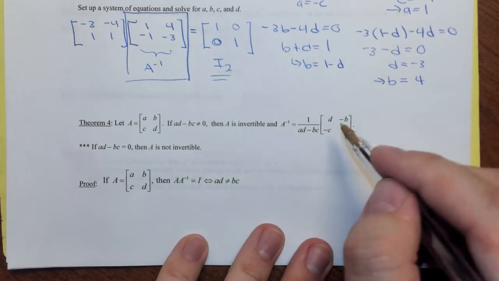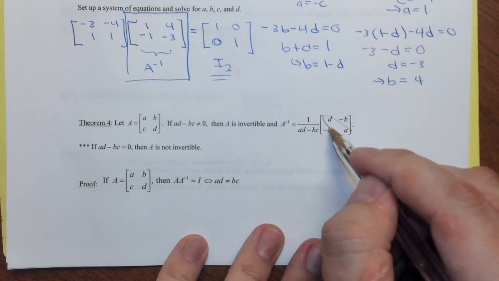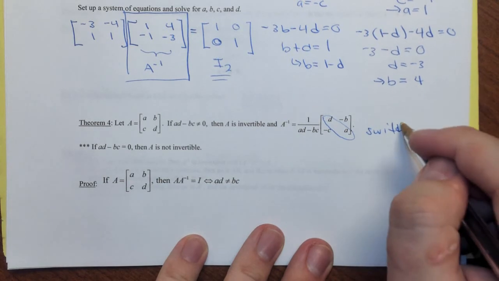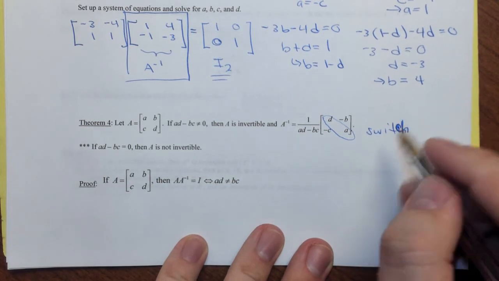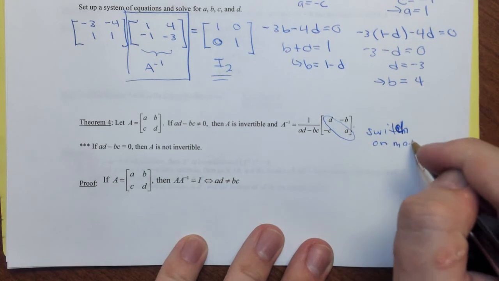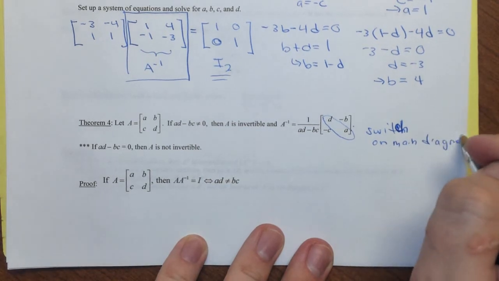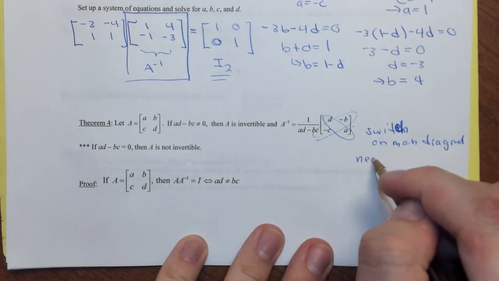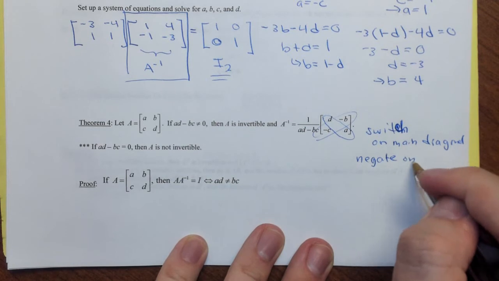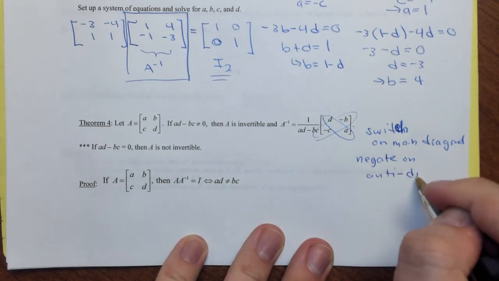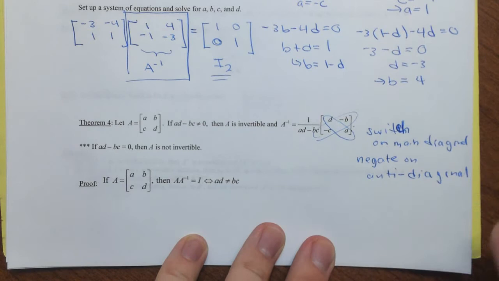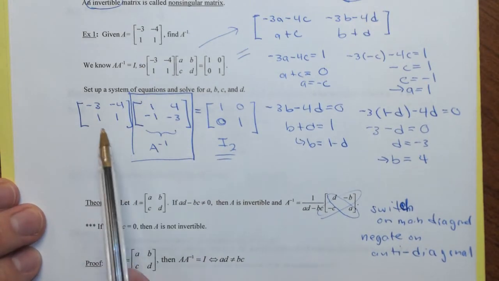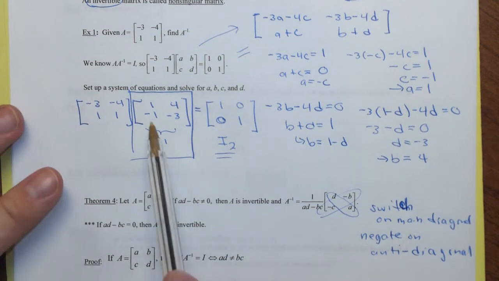What we have done here is, along the main diagonal, we have switched, and on the anti-diagonal we have negated. If you look at the previous example, you'll see that's what we did, and in fact you can check that AD minus BC for the original matrix A is 1, which is why all we had to do was switch